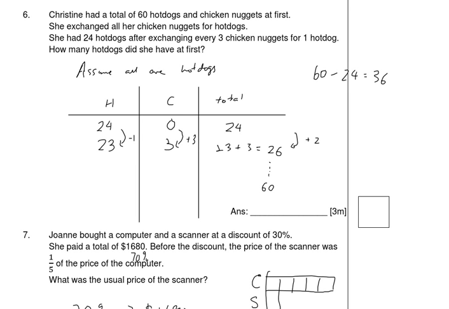Okay, wait, children. So since I have six hot dogs, I need someone to tell me the number of chicken nuggets. Wendy. There's 6 hot dogs. 24. Wait, no, I'm not saying that's the answer. 24 minus 6 was an 18. Wait, so that's 6 hot dogs, and then there's